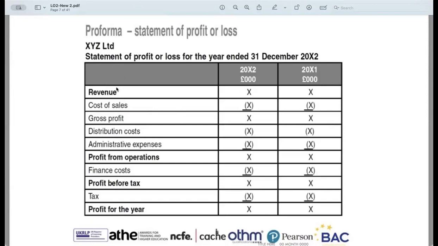Revenue, cost of sales, gross profit, distribution costs, administrative expenses, profit from operations, finance cost, profit before tax, tax, profit